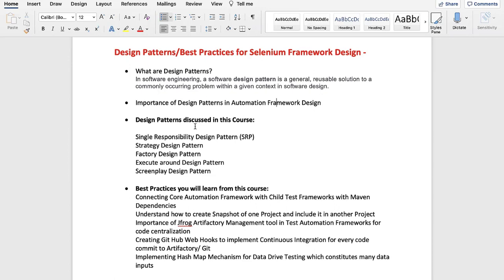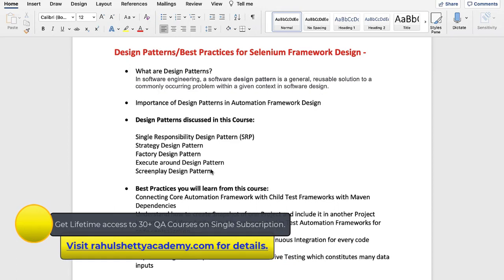Those are the patterns I have picked. The design patterns I am showing here are commonly used in top product based companies. Based upon a lot of research, I have listed a few design patterns which I think will be really helpful for you for framework design.